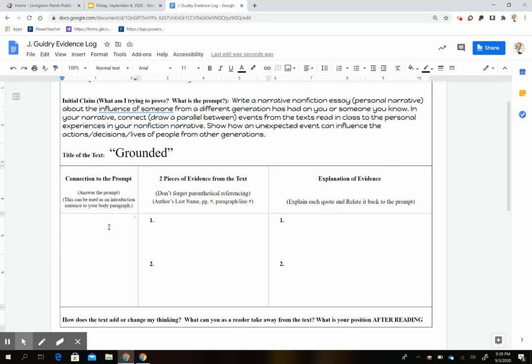Now, we have to come up with our connection to the prompt. So remember, our prompt is write a narrative nonfiction essay or personal narrative about the influence of someone from a different generation and what that has had on you or someone you know. So we're going to think about our connection or answering this prompt. In the story Grounded, we have to think about what was the connection that was made. So I'm going to say,